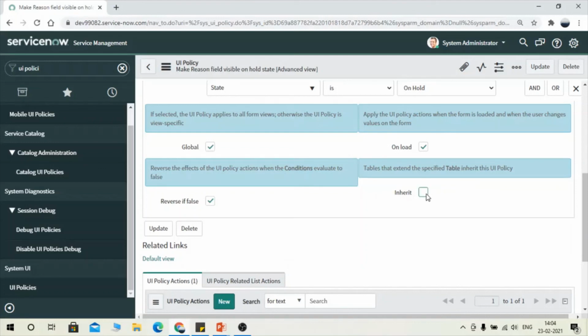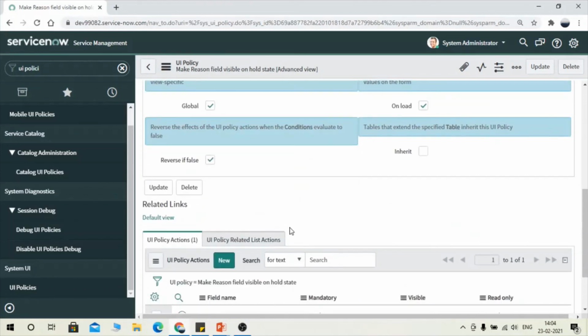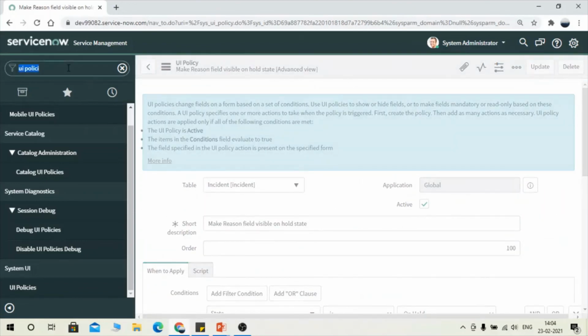So if you check this, it will be applicable for the extended table also. And Reverse if false: if the condition doesn't match, it should not run this UI policy, like whatever action we have defined, it should not be applicable. Okay, so we are done with our UI policy.